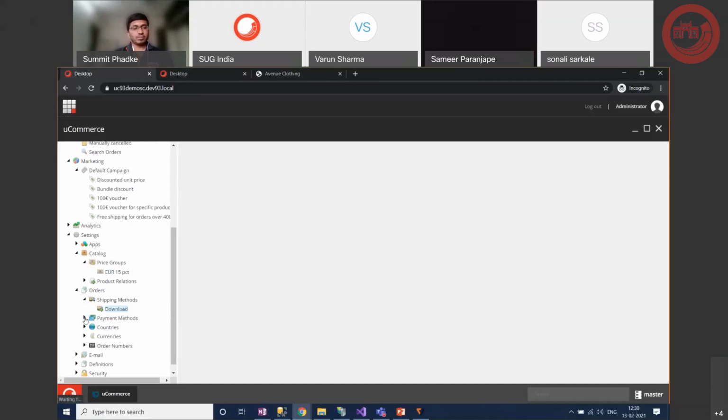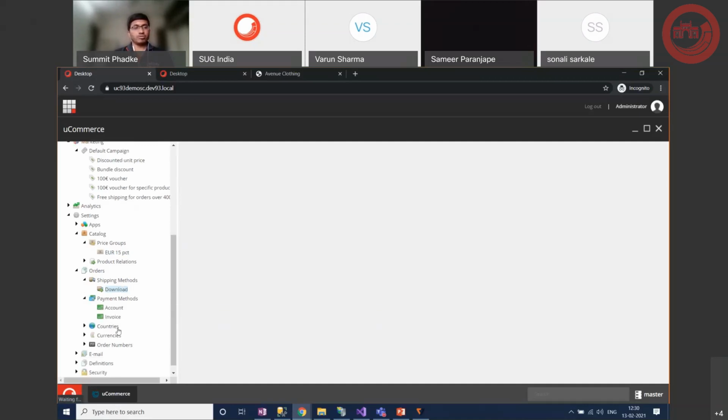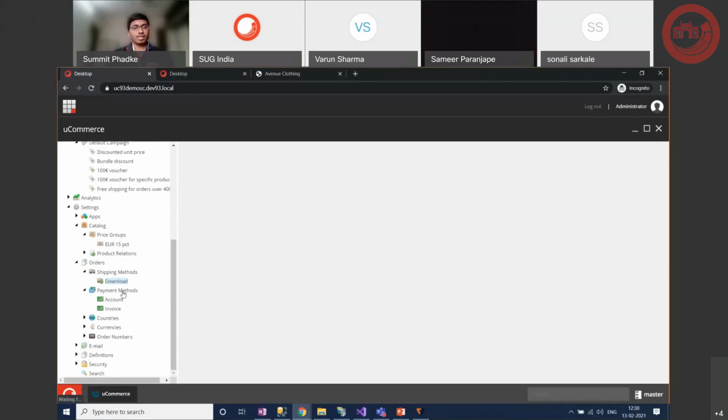For the payment methods, currently out of the box they just give you account and invoice, right? But if you create a new payment method, there are a bunch of third-party payment provider integrations that they have done, like SagePay or WorldPay, multiple different payment integrations.